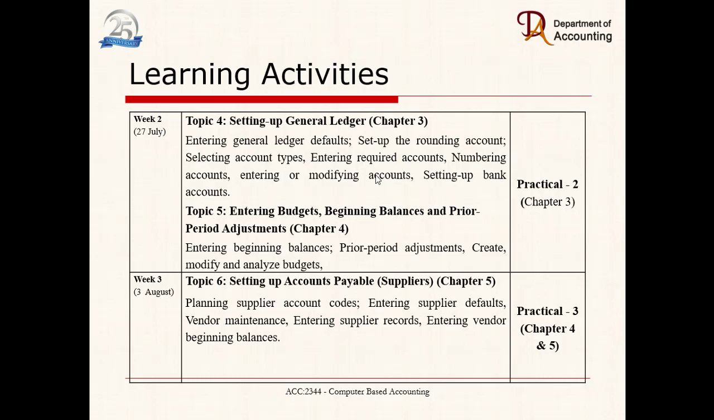So when it comes to week 3, we'll be discussing setting up accounting payables. So we are going to create the supplier module. In that, we'll be basically setting some of the defaults. So when you are making the purchases, usually you would be having